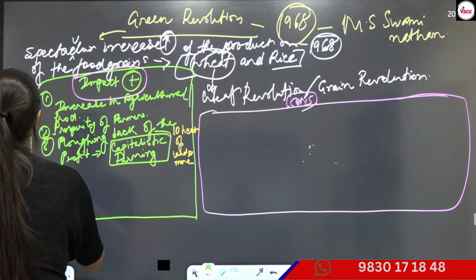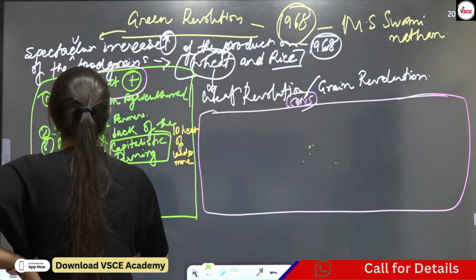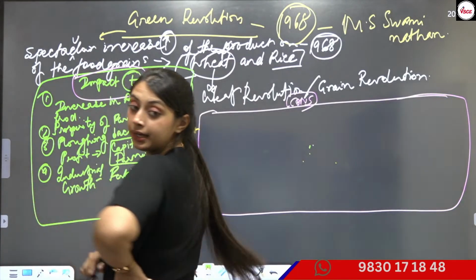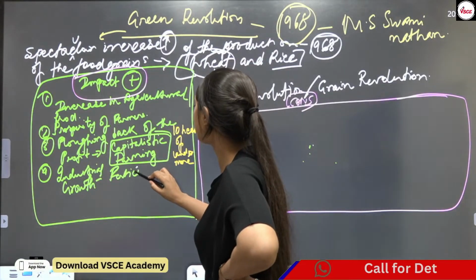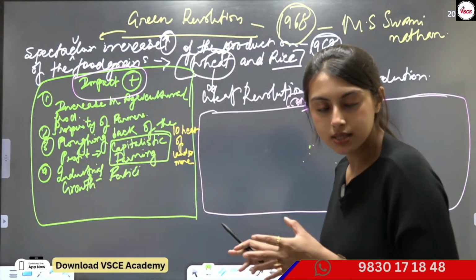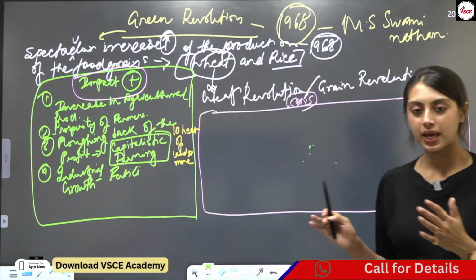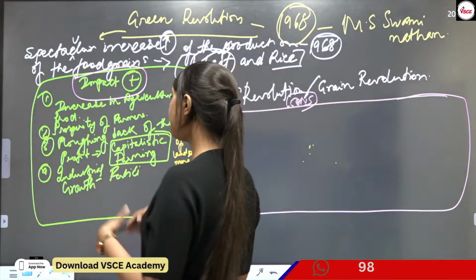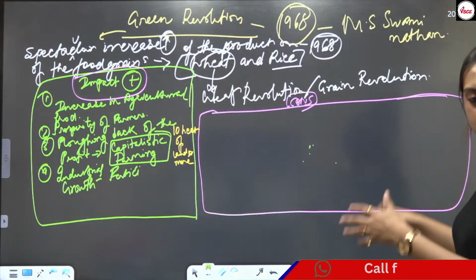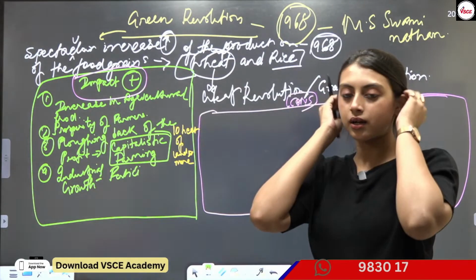Okay, number 4 is the industrial growth. Industrial growth means what? We have been talking about the fertilizers, right? Everybody is able to see, I'm sure, fertilizers. If I'm writing in a very narrow manner, if you're not able to see, just let me know. Okay, I'm sorry if I'm writing it in a very small space. Please try to note this down. I'm trying to give you the merits and demerits in the same place so that you can just take a screenshot or just write it down in the same way that I am writing, so that the entire green revolution part is there in the same page,